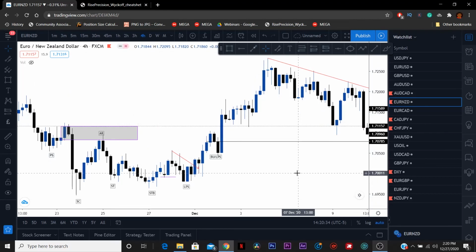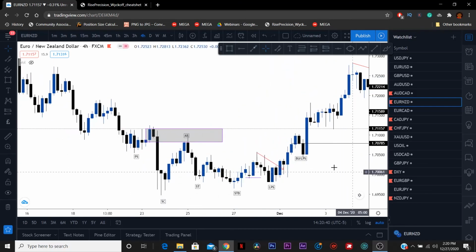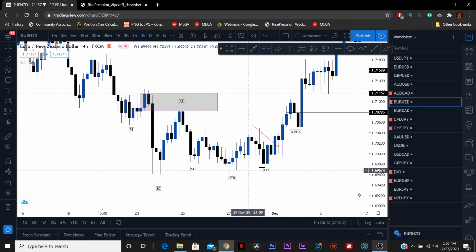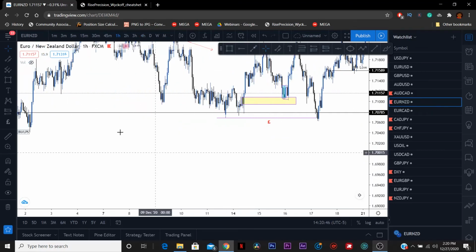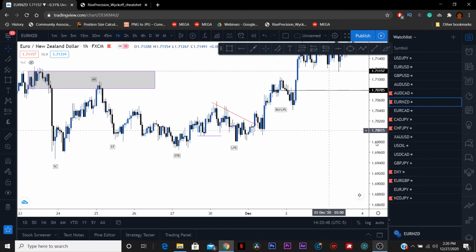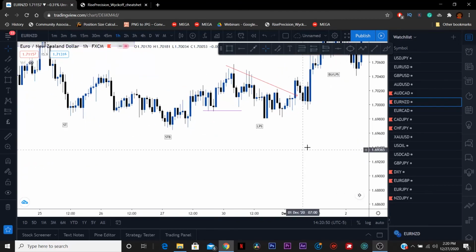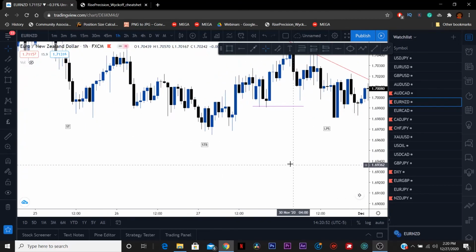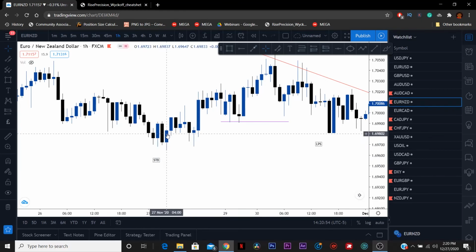Let's look at possible entries that you could have taken inside of this Euro NZD accumulation that happened right here. The best possible entry you could have taken was at this last point of supply here. Let's zoom in, and I'm going to show you how you could have taken that. Okay, so when we had this secondary test in phase B, you can see that this candle right here took the liquidity of these recent candles here and we move to the upside right here. This is on lower time frame. If we zoom in,